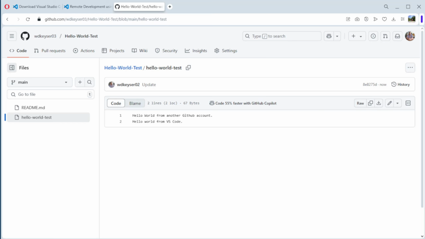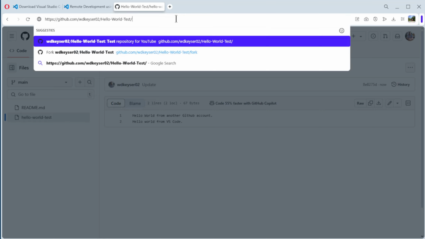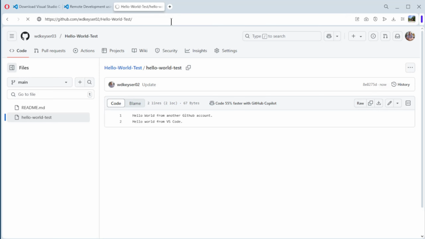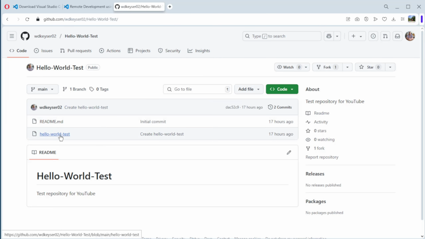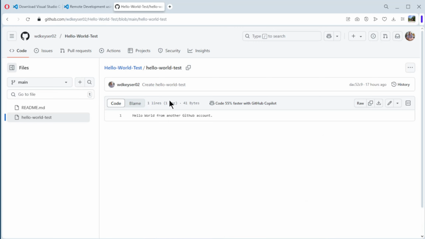Now, if we again go to the first original GitHub, I copy the link again, paste it here. Okay. Here the text is not changed. So we only change the project on our own GitHub account, not the other account from the original